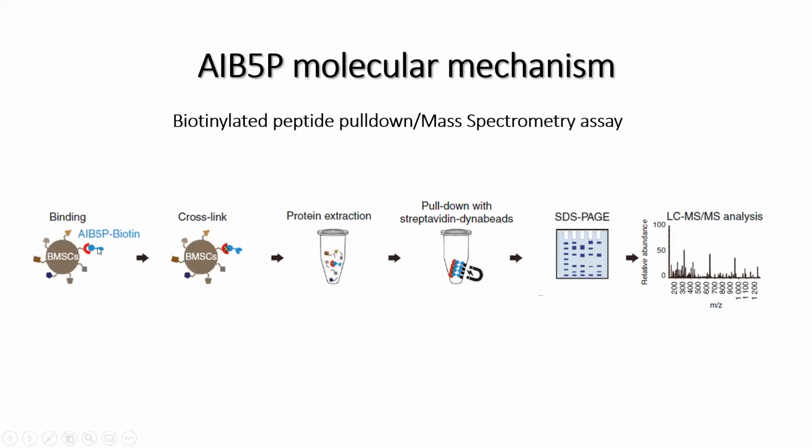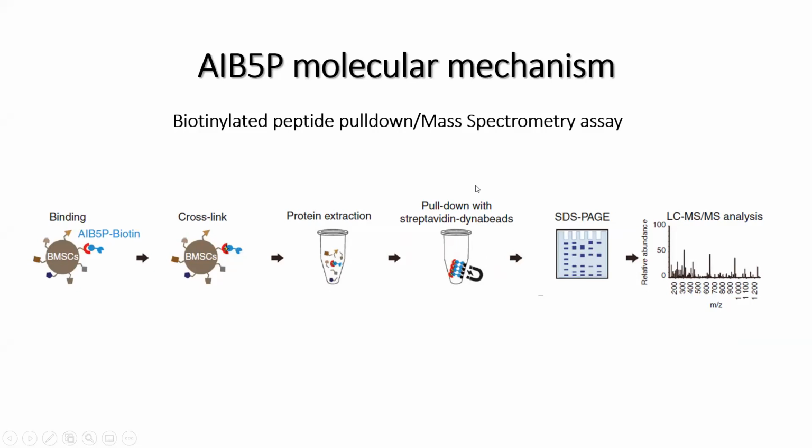So they allowed the peptide to bind to the cells. This cross-linked by itself, and then they performed a protein extraction so they could separate all the components. Biotin was conjugated to the peptide here so that they could use streptavidin beads, which bind biotin, to separate out the peptide and whatever it is bound to. Then they performed SDS-PAGE and mass spectrometry assay to see what is present in this